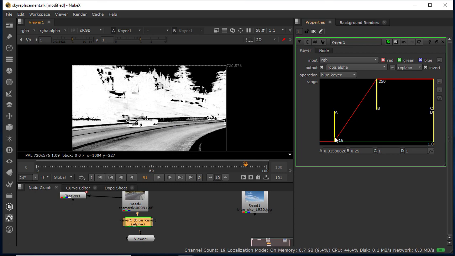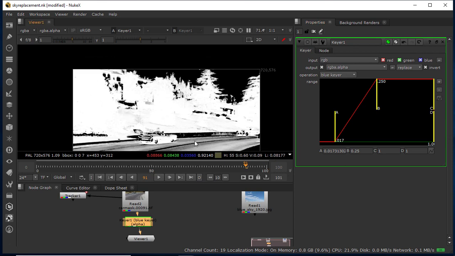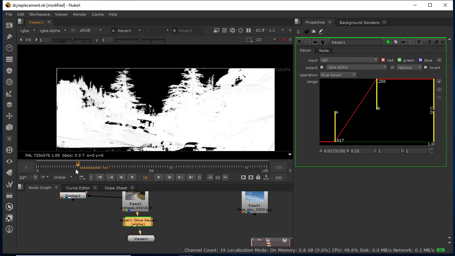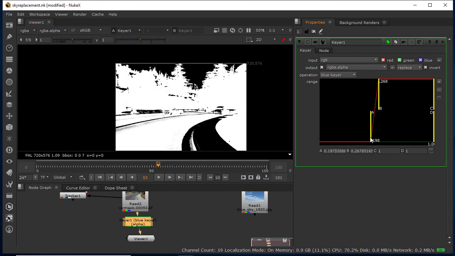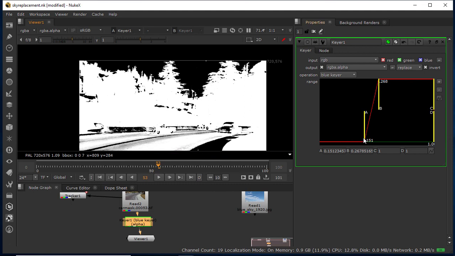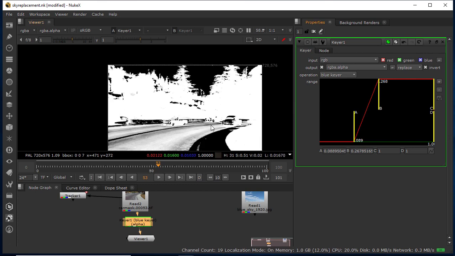Now, on the downside, this area we have to make fully white. Move your CTI a little bit and check whether there are any problems. I think up to here this is sufficient, because if you adjust much more, it may create problems in your edges. So adjust according to your edges. Now this is sufficient.